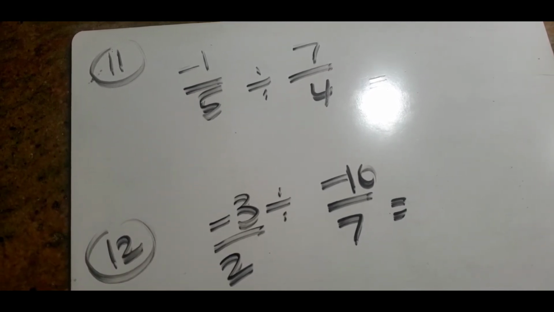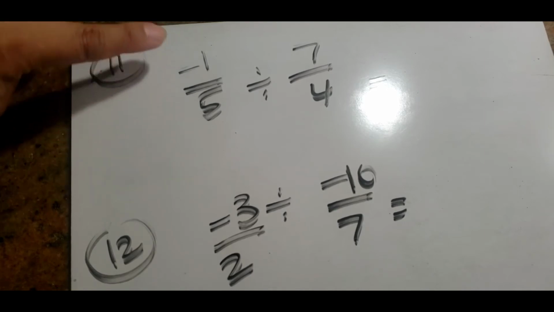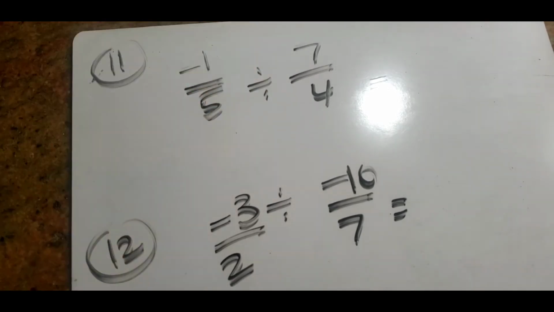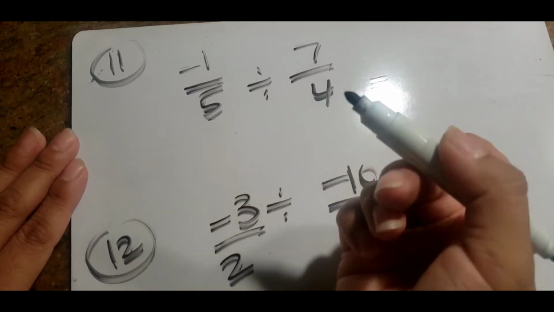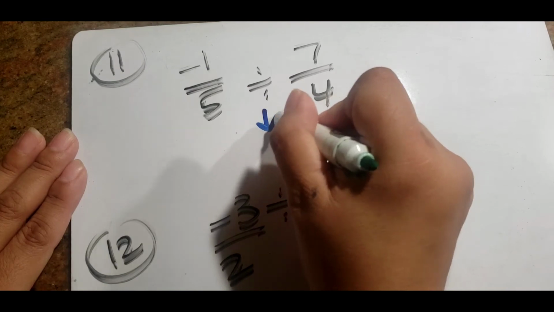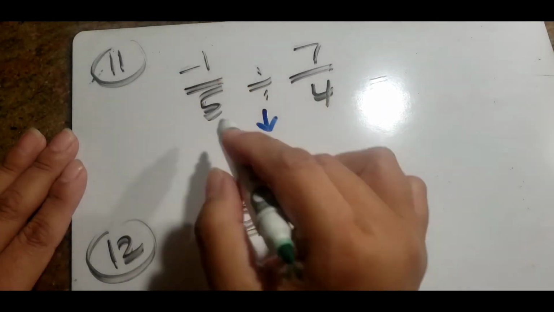All right, the first example that I'm going to give you of dividing fractions, let's start with number 11, negative 1/5 divided by 7/4. I actually like dividing because the truth of the matter is you don't really divide, you actually multiply. So what we always do is whenever you divide 2 fractions, what you're actually doing is you're going to change it into a multiplication. So the first